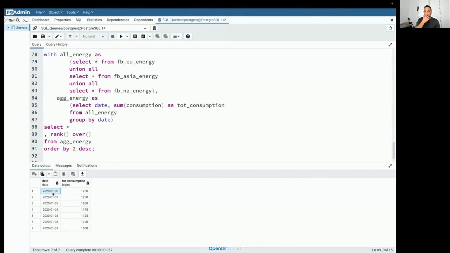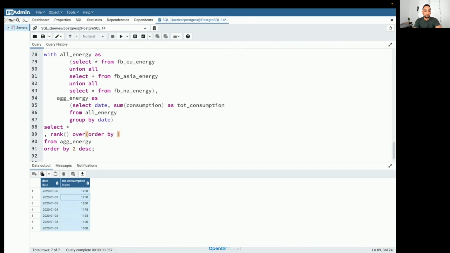So that is why when you're using a window function, you need to understand the data and see if you need a partition or not. Do you need to create separate windows for your query or not? Okay. In this particular case, I want to apply the rank not based on this one. I want to apply the rank just based on total energy consumption, and I want to consider this entire record as one window. And that is why I don't need to create a partition here. I just need to do an order by.